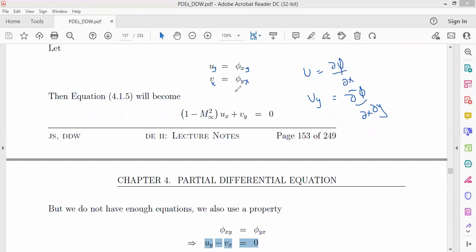Okay, so guys, what I am trying to say here is, since initially it was u_x, that's why it was x. Now we